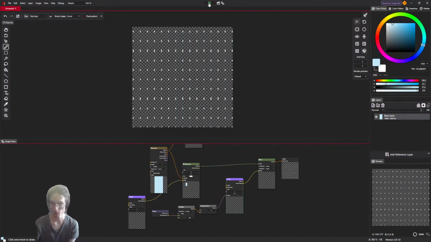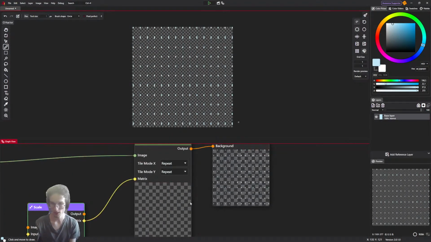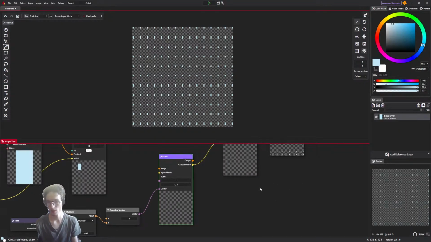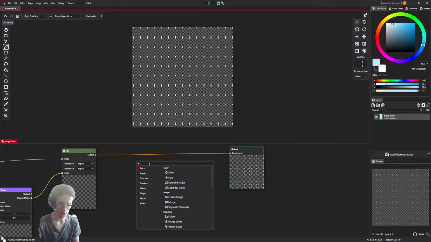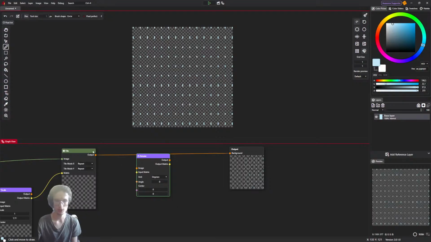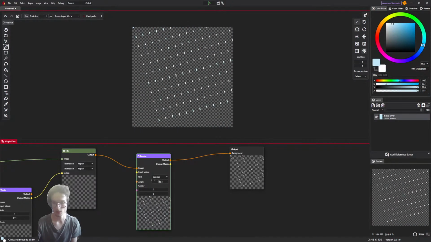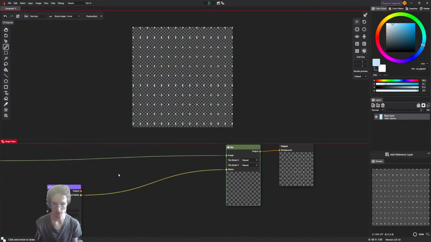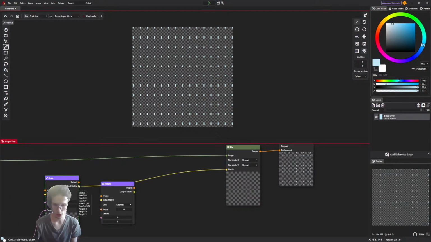It drops from top to the bottom, so now we have a scaling here, but also we can take a rotate just after tiling, and now when we connect a tile here and make it like that, oh, right, not in this place because it cuts out. So we take scale and now rotate here.